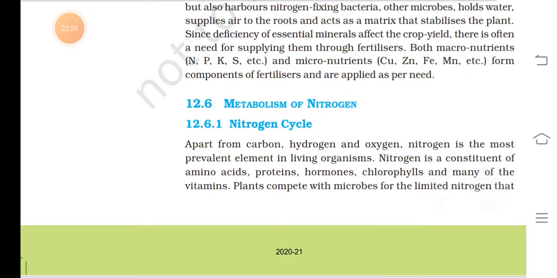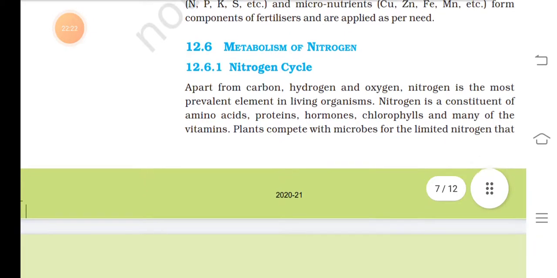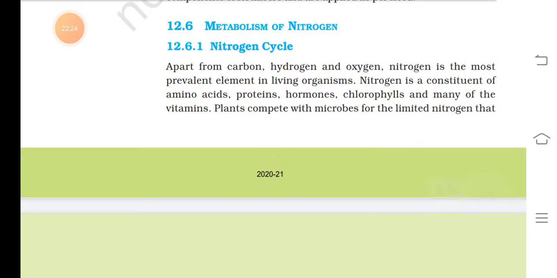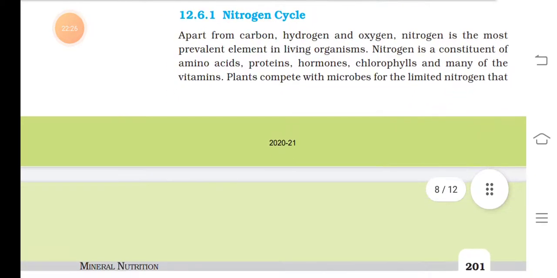12.6 Metabolism of nitrogen. 12.6.1 Nitrogen cycle. Apart from carbon, hydrogen and oxygen, nitrogen is the most prevalent element in living organisms. Nitrogen is a constituent of amino acids, proteins, hormones, chlorophylls and many of the vitamins. Plant